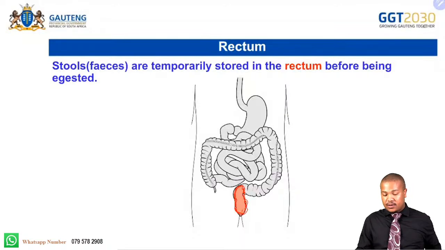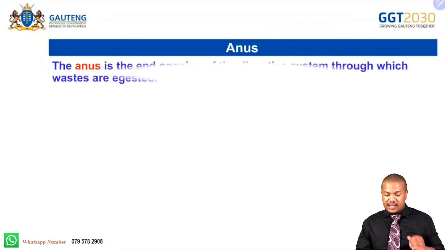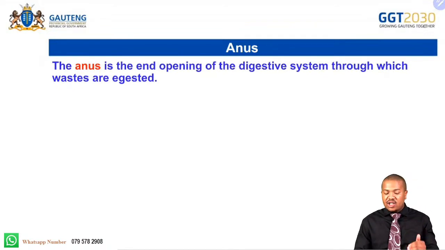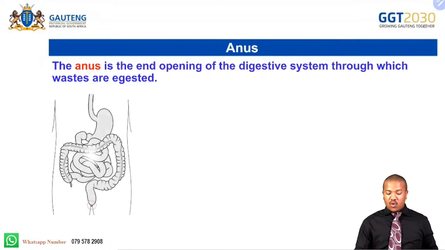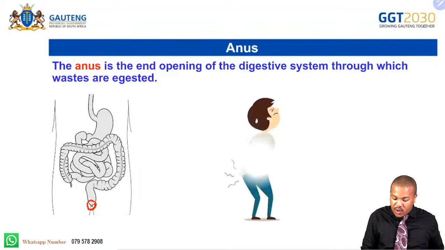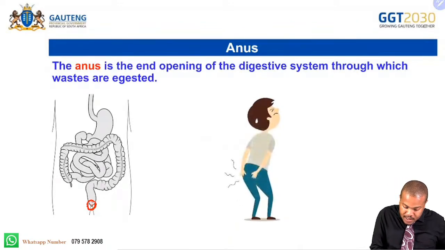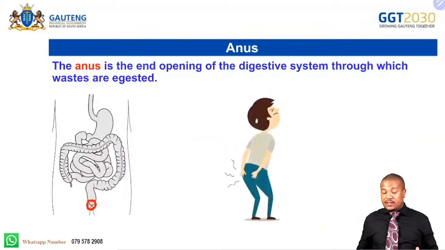before being expelled. Now, connected to the rectum is the anus. The anus is the end opening of the digestive system through which wastes are expelled. This is the part where wastes such as feces are expelled. Looking at our diagram, this is the end opening here, right there at the end. And this is where you'd find it on your body. It is the end opening that helps to expel waste products such as feces during